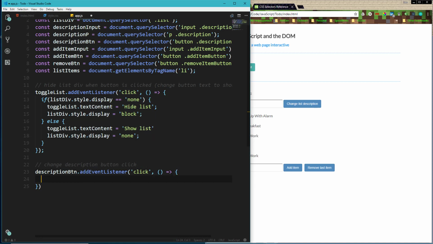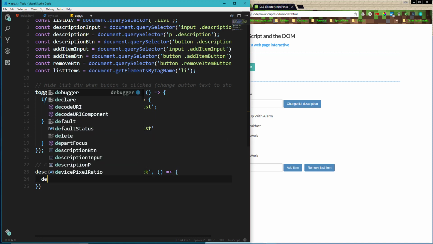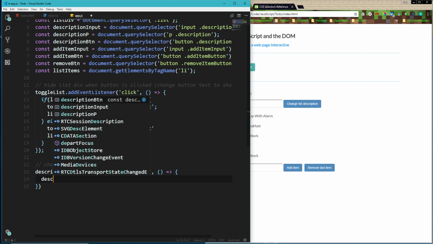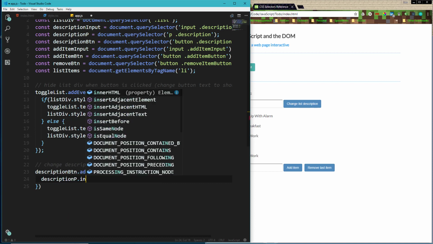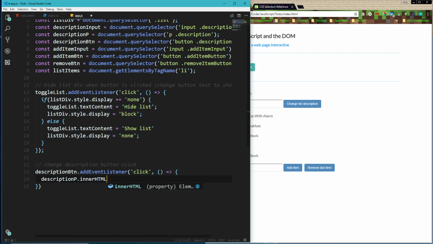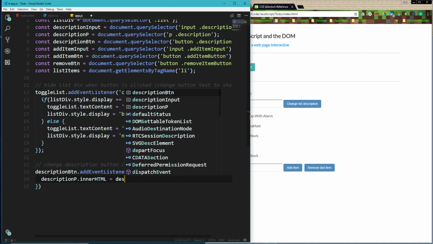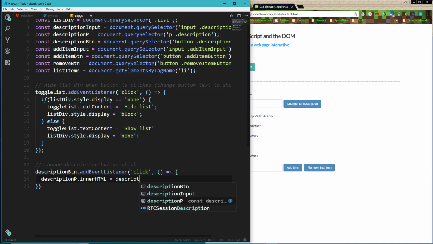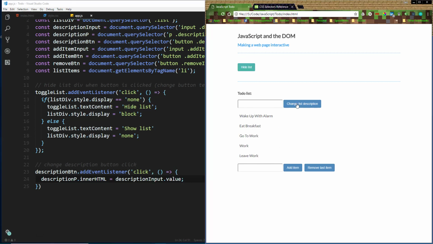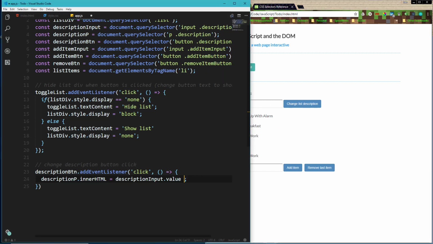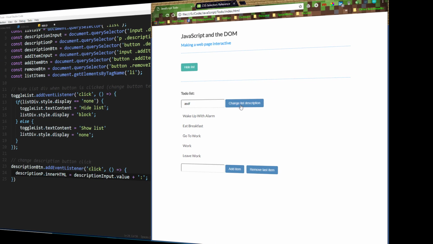So what are we doing? Description button, click. When that's clicked, we want to take the description paragraph. We want to change the inner HTML to the description input and the value of that input. So if we change this, I want to add that to the end of it. So when the description button is clicked, okay,